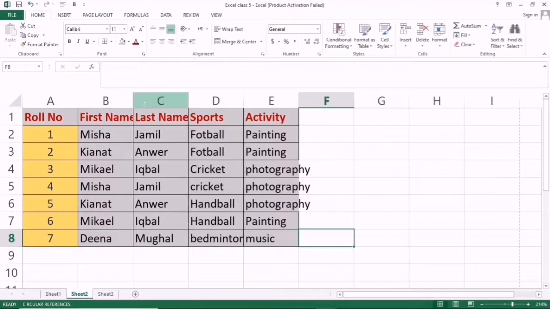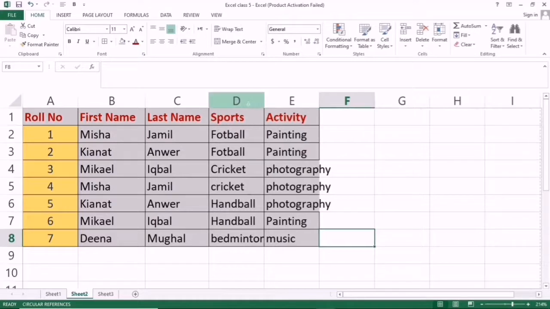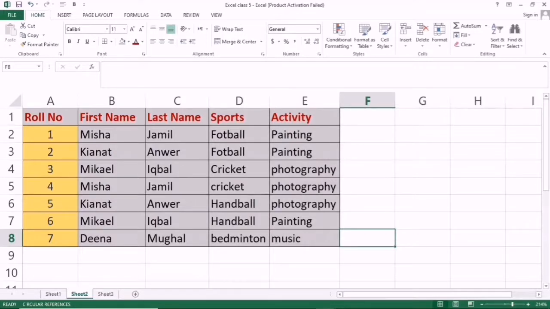So what do you do? Click here, you can see the cursor shape change, and drag it. This size is small, so I drag it a little bit here. Now you can see the first name is clear. Drag again, and the last name too. You can see the size is increased. And if you want to increase the size of this, you can select it, and the size is also increased. In this way you can enter data, change color and increase size.